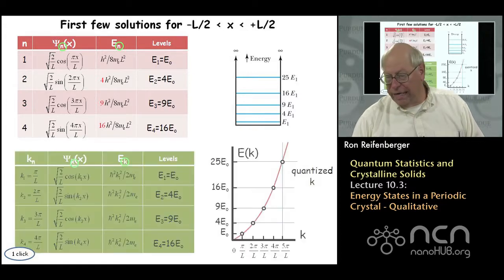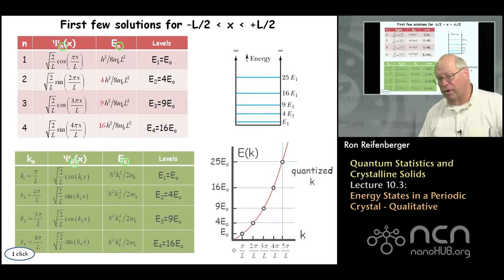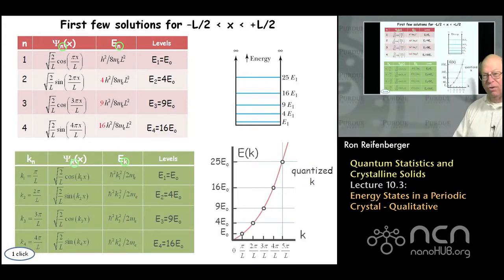There's a slight shift in notation, right? When we talk about electron states in solids, rather than focus on quantum numbers n, we tend to focus on wave numbers k, and we list those wave numbers k with the subscript n to relate them back to this discussion. So when we first discussed this problem back in the second week of the semester, we indicated the allowed